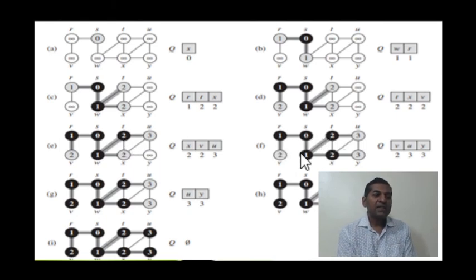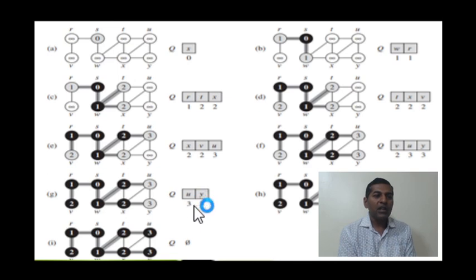In the next stage, the dequeued vertex is V. Let's dequeue it, then visit all the vertices related to it, and X, if it is white, is made gray, the distance is increased, and we add all the related vertices into the queue. That is why Y is added into the queue. Then we dequeue V. There are no adjacent white vertices, so it is darkened with black, and there is nothing more.